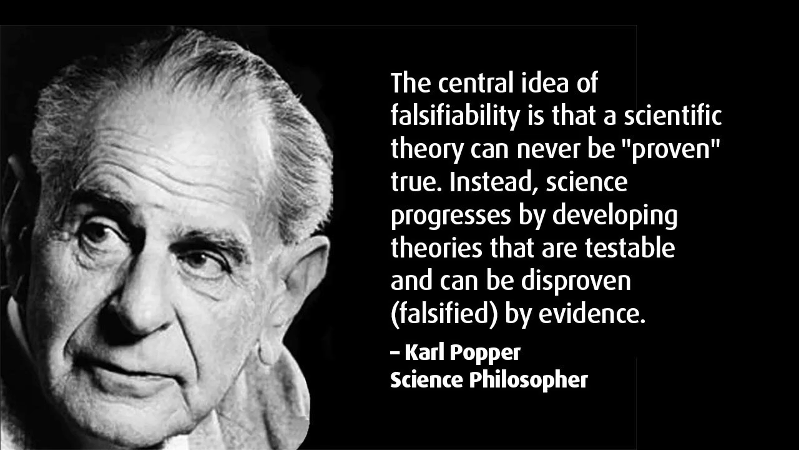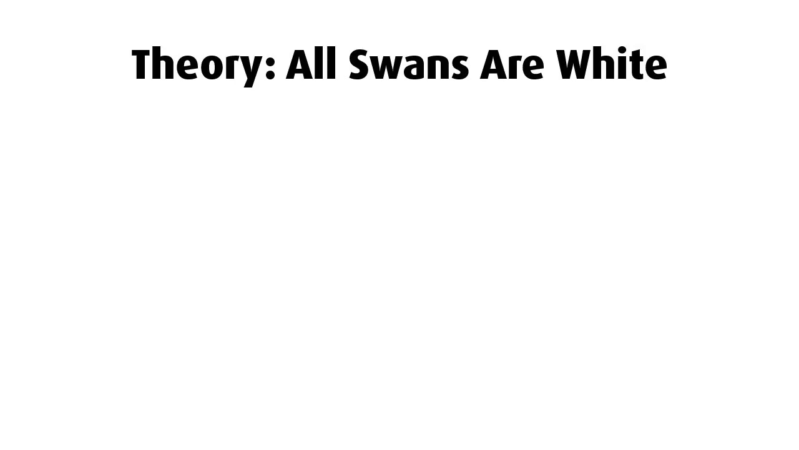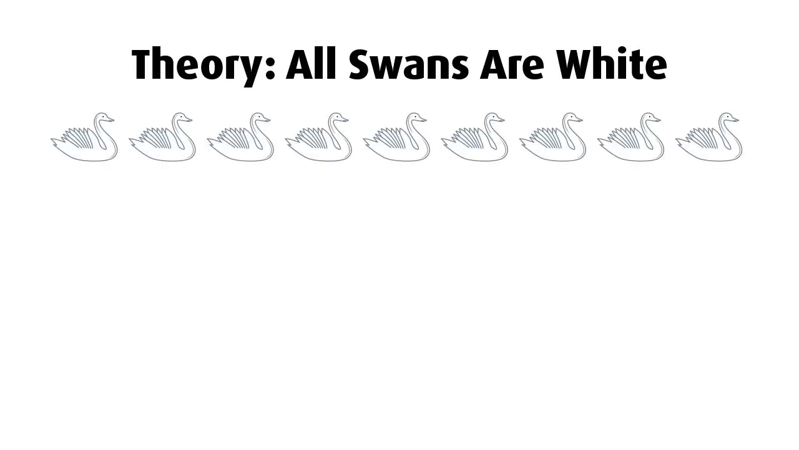A very famous science philosopher in the last century, a man by the name of Karl Popper, said the central idea of falsifiability is that a scientific theory can never be proven true. Instead, science progresses by developing theories that are testable and can be disproven or falsified by the evidence. What does that mean? If I propose a theory that all swans are white, seeing a bunch of white swans